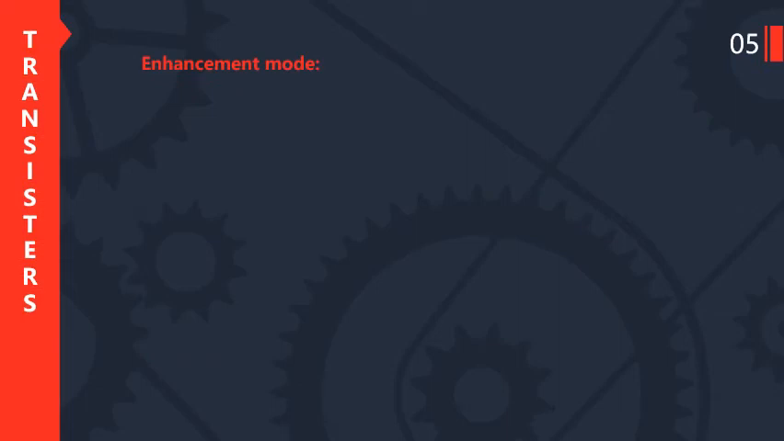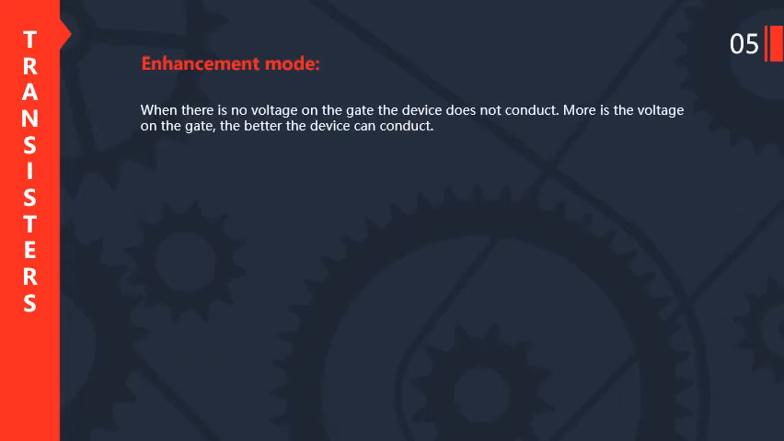Second is enhancement mode. When there is no voltage on the gate, the device does not conduct. More is the voltage on the gate, the better the device can conduct. तो ये वाला जो मोड होता है इसको हम बोलते हैं एनहांसमेंट मोड, क्योंकि इसमें हम जैसे जैसे वोल्टेज गेट के क्रॉस बढ़ाते जाएंगे वैसे वैसे हमारा डिवाइस का कंडक्टेंस भी जो है वो बढ़ता जाएगा।